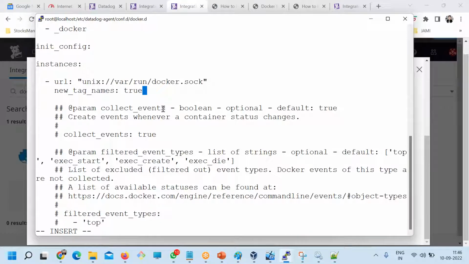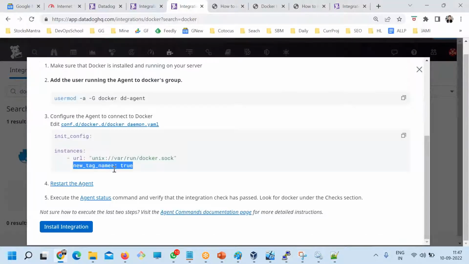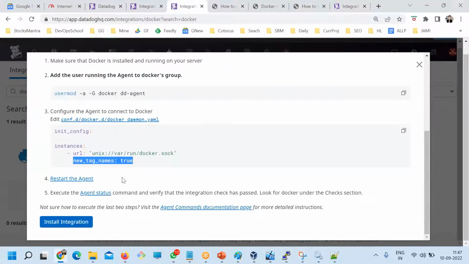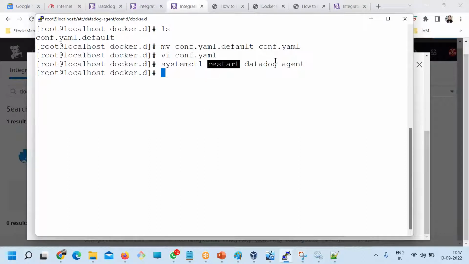So this is the stuff. Here Docker, new tag names and true. And then restart the agent. So systemctl restart datadog-agent. And done. After that, this is done.